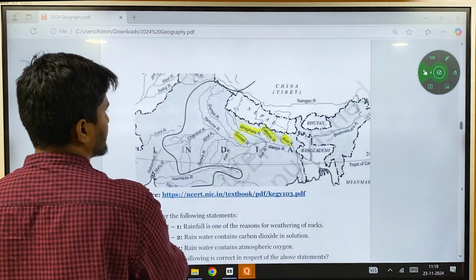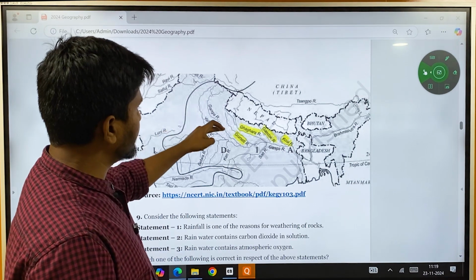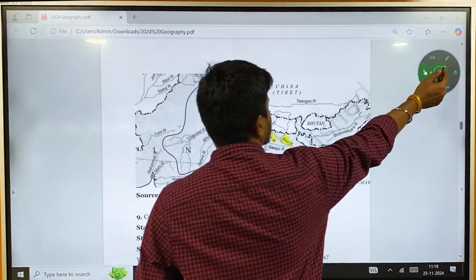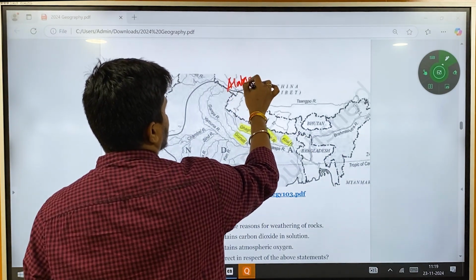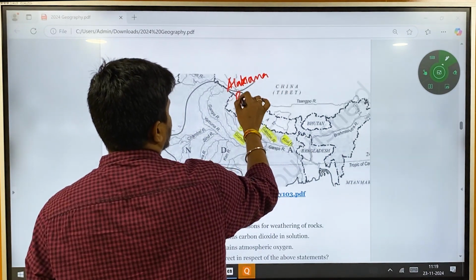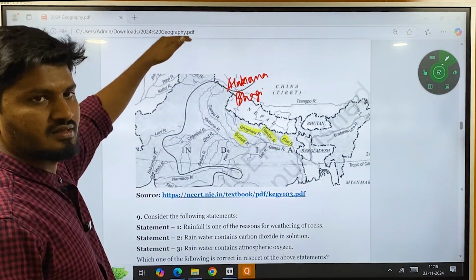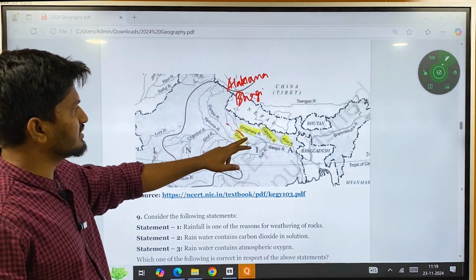So if you see from the map, first comes the Ganga, then Yamuna, and the tributaries of Ganga. The Gomti is the first one. Initially it starts with Alakananda and Bhagirathi. These are different streams. They originate in Uttarakhand and from there they flow. And then there is Gomti. After Gomti there is Gagra.